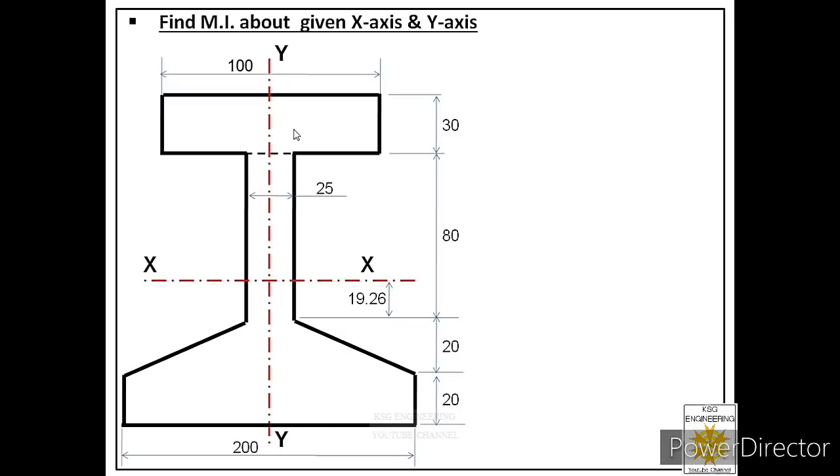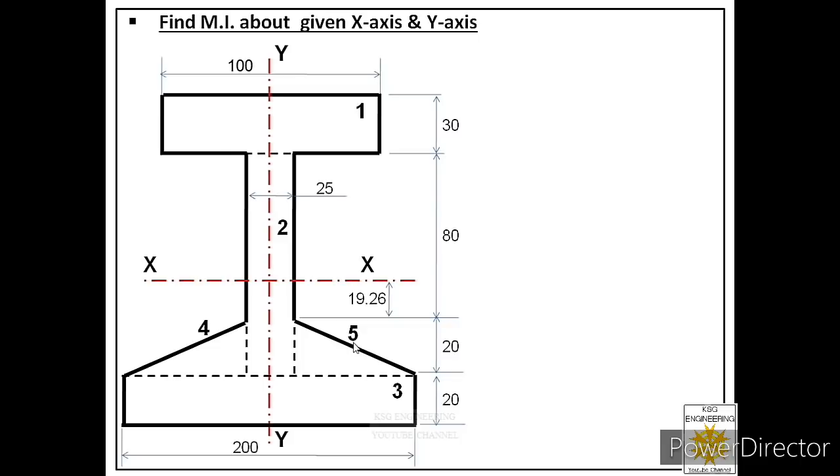So let me draw one line over here, and let me draw another line at this point, and let me add two more lines at these 2 points. Now you can see we have divided this composite area into 1, 2, 3, 4, 5 regular areas. So let us name these as 1, 2, 3, 4 and 5. Out of these 5 regular areas, we have 3 rectangular areas and 2 triangular areas.